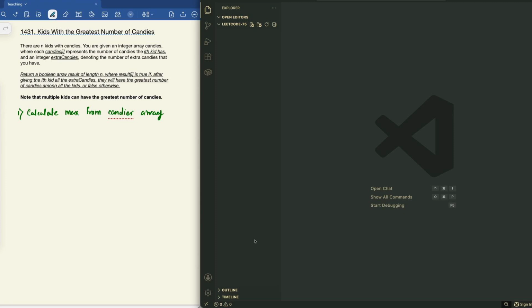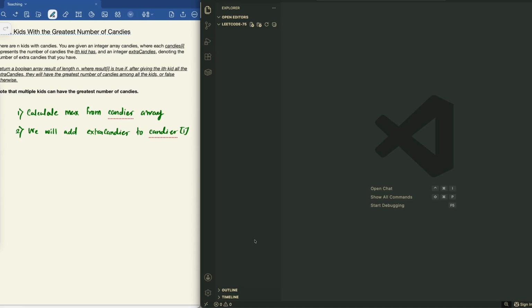Then, second, we will add extraCandies to candies of i,